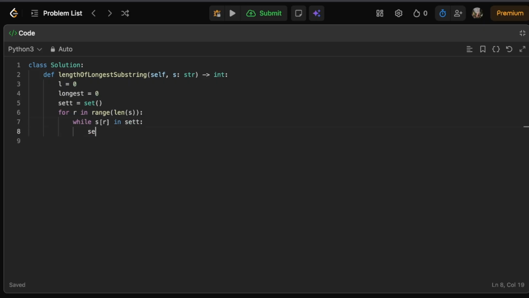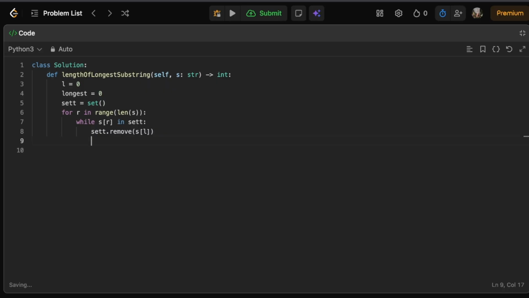we have to remove it, and remember we have to expand our window. And while S of R is not in the set, we can find our window length using the formula R minus L plus 1, and we can update our longest,